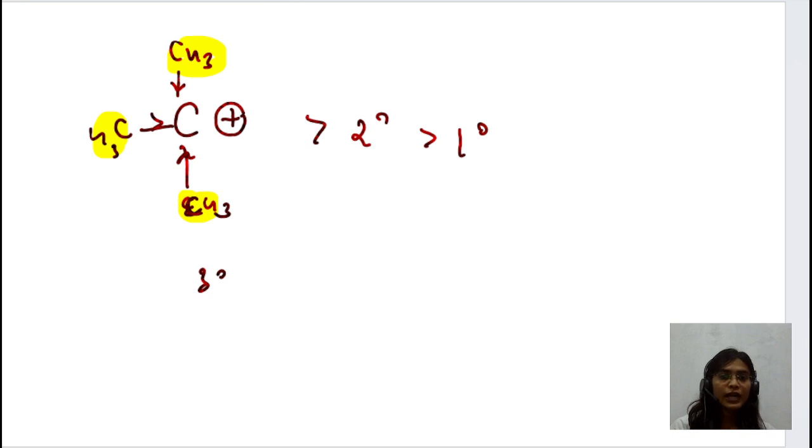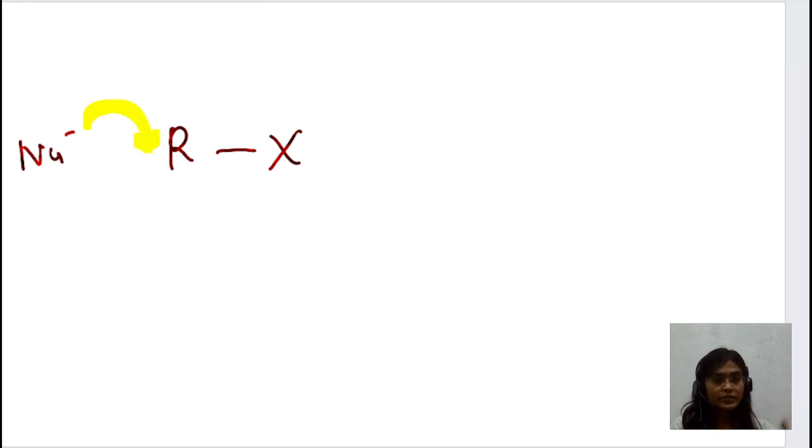But on the other hand, if we have to follow the SN2 mechanism, what is going to happen? First of all, this is some R, and some X group is connected, and the nucleophile simply attacks here. So it's a single step reaction. Think about it: the nucleophile is going to attack and this group is going to leave, so both steps occur simultaneously. Let's suppose we are using tertiary,